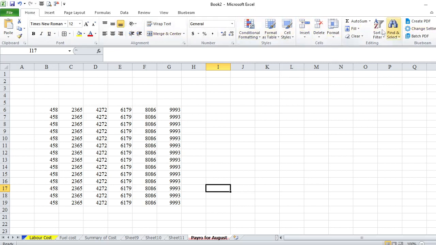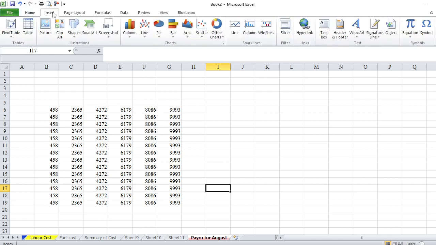All these commands are under Home. When I click the Insert menu bar, you see all these commands are under Insert. We want to insert formulas, tables, pictures, smart words, graphs, equations. We'll see all these things throughout.